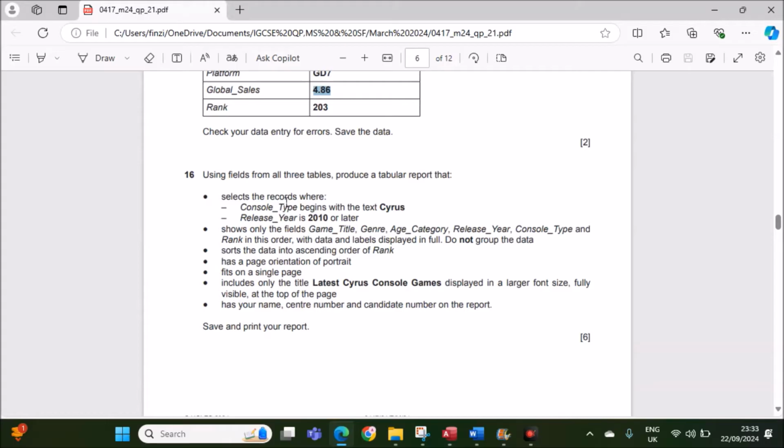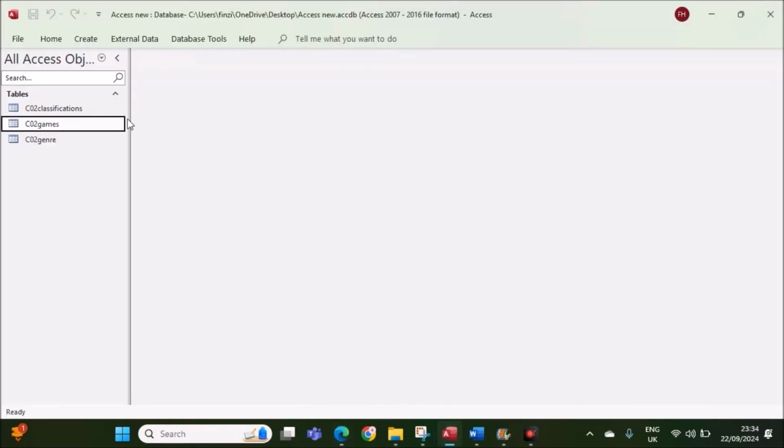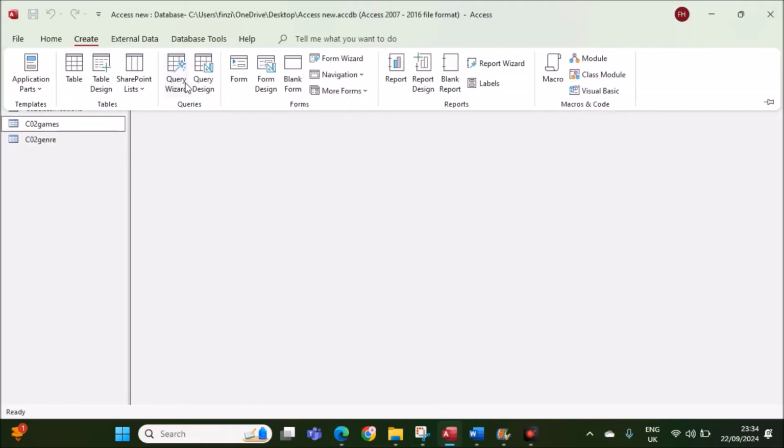Next, using fields from all three tables, produce a tabular report. So before producing a report, we need to make a query with the required fields. So the required fields are shown here. These are the required fields. So let's create a query first. So go to create, query design,